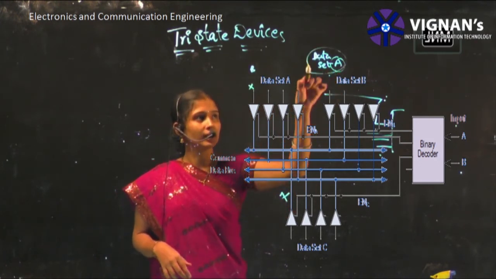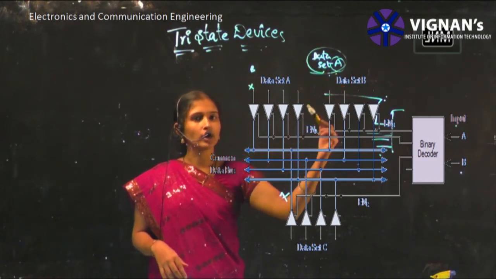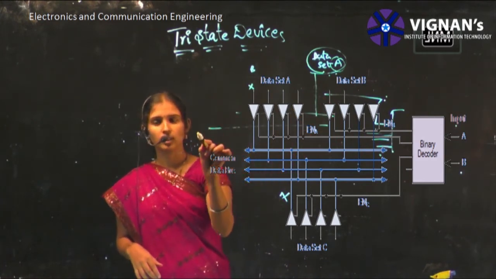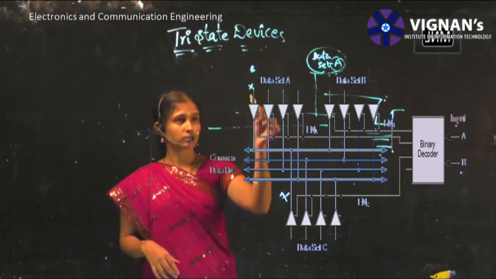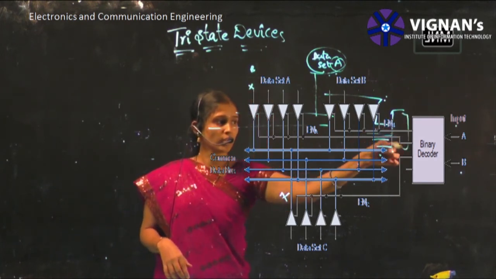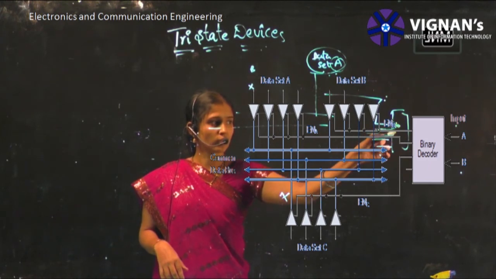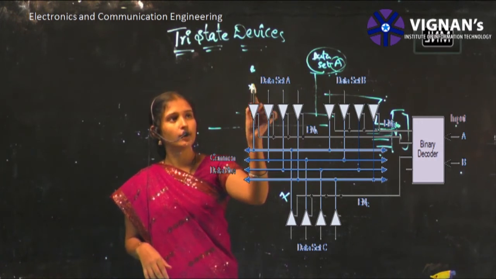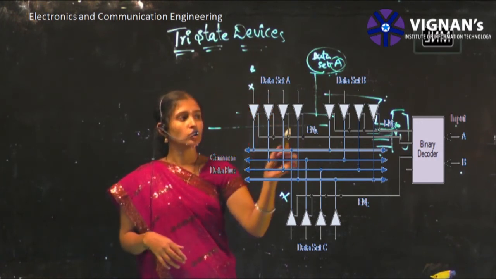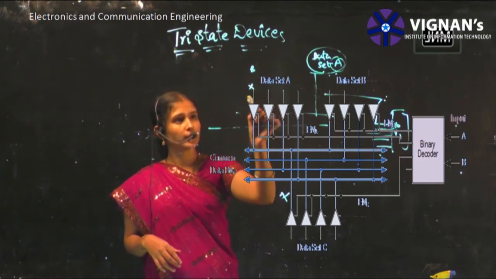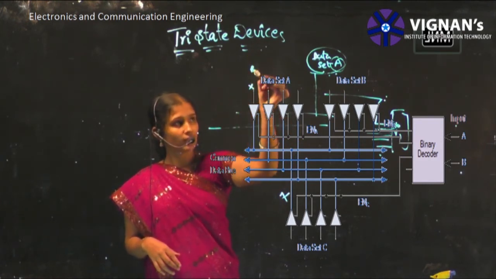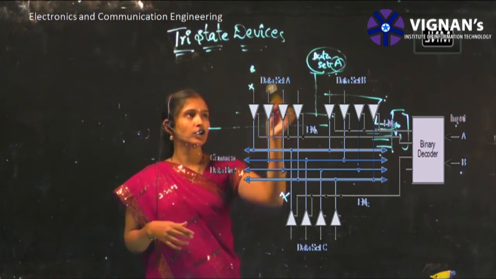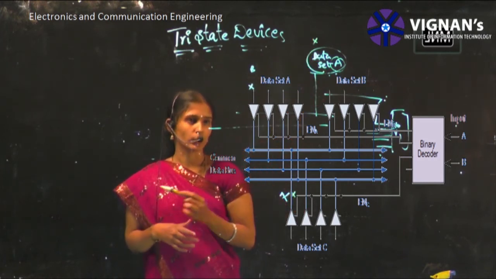So whatever data is given to the enabled input, you will get it at your output, and that is sent to your data bus. See all these data lines. At the same time, suppose depending upon your input this is y0, and let it be y1. If y1 is activated, that is provided as the enable input to dataset B. So whatever the data in dataset B is, that is transferred to the bus. At the same time, datasets A and C will not work.